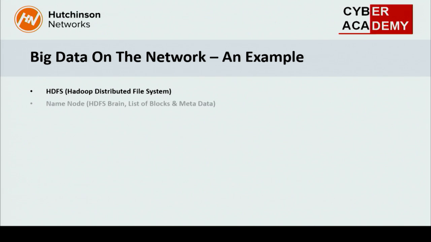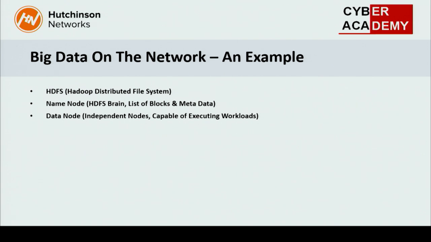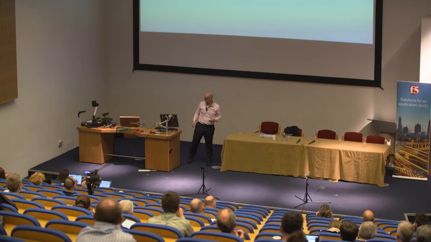So if you look at the components of that, two first key building blocks. There's the name node. The name node is responsible for storing the metadata, distributing the blocks, and really kind of mapping things out. The data node is the one that actually does the processing. So if you take your distributed file system, what it's going to do is take in a big data set, spread it across the network, do some of the computation, and bring it all back together.